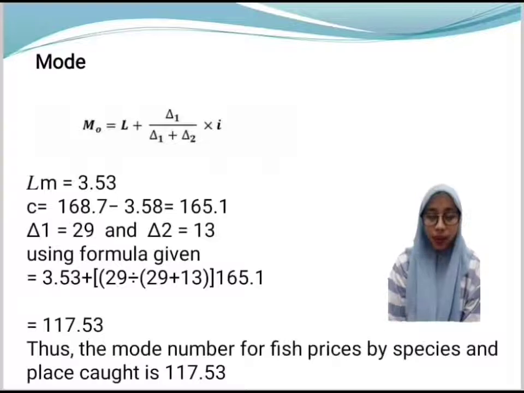For alpha 1 is 29 and alpha 2 is 13. Using the formula given, the mode number of fish price by species and place is